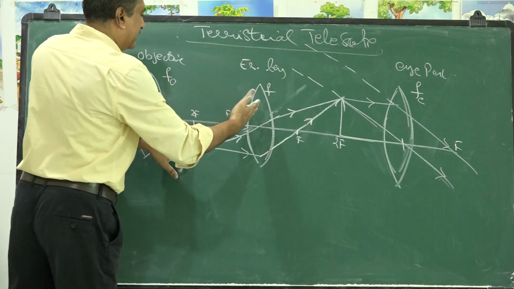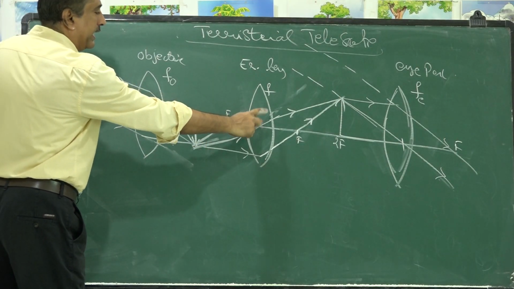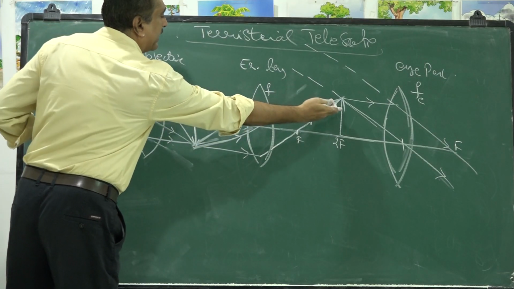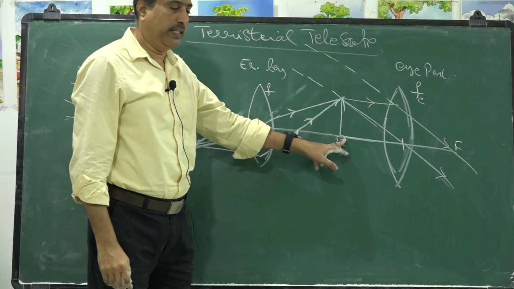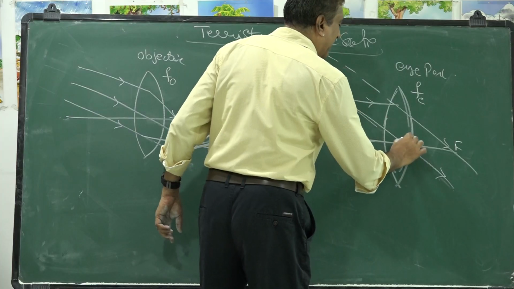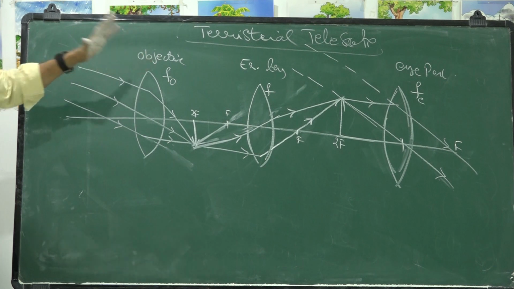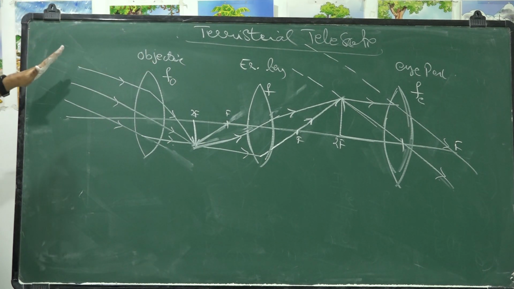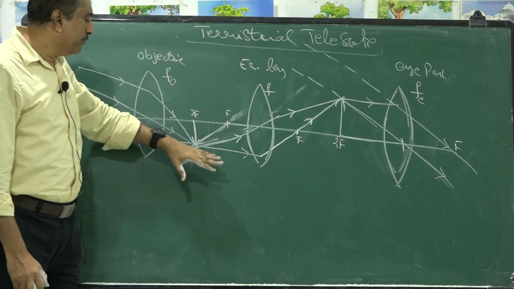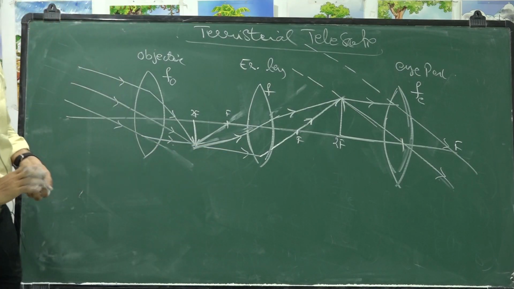Now, the second lens, the erecting lens, is adjusted such that this image is at the 2f point of this erecting lens, so that it gives an inverted image of this image. That means it becomes erect, and this image is at the 2f point again, and this eyepiece is adjusted such that this will be in the focus of this eyepiece, which gives the image at infinity. So this is the ray diagram for terrestrial telescope. It consists of 3 lenses. The erecting lens is just to invert the image formed by this objective, so that we get an erect image of the object.